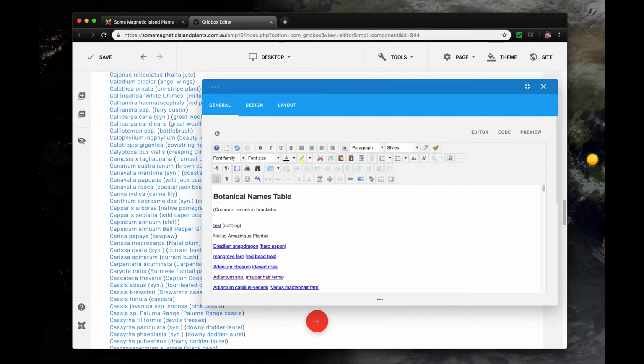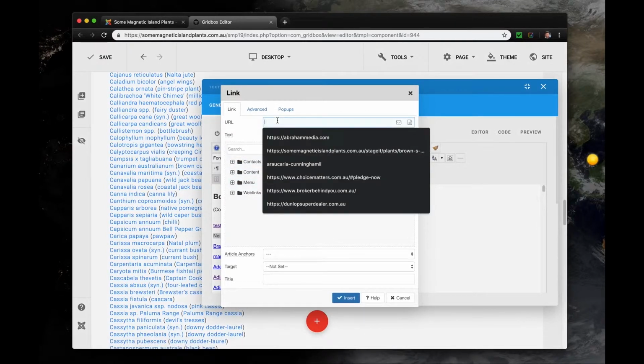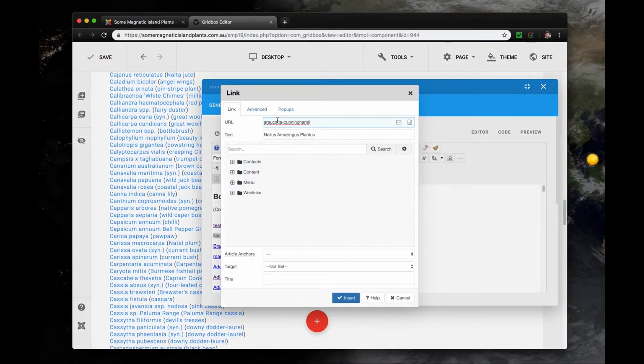And we want to make that a link to your new plant. We just select the text, and then we go to the link button up here, insert edit link, click the URL, we click up here, and we just go paste, and that's basically the alias that we copied. I don't have to type that, it's copied it from before. We just say insert,